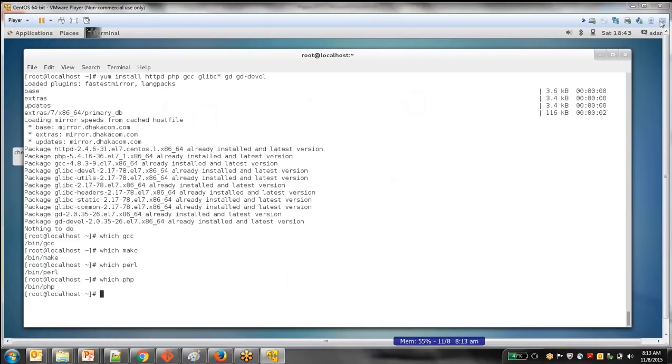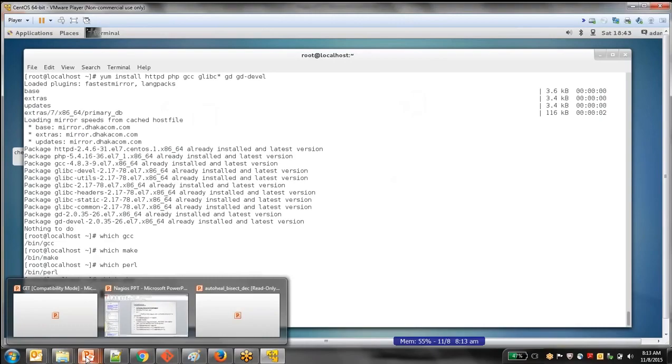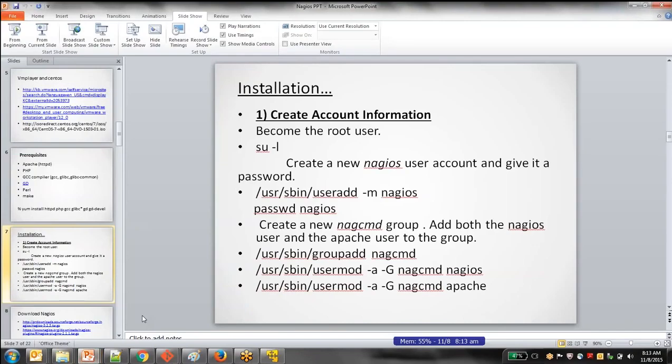So in that case, pretty much the first thing we need to do is create a user account for Nagios. Okay, fine. So in Linux, you create a user by using a command called useradd. Okay, so